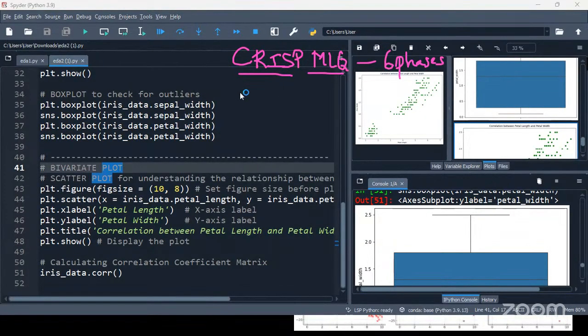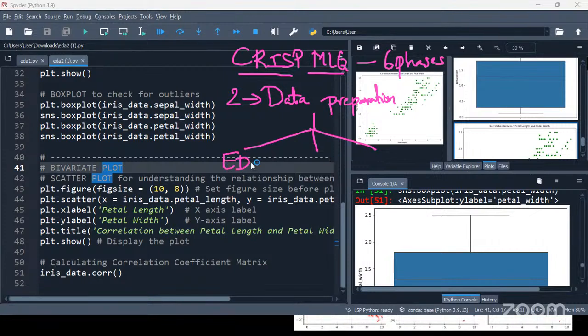As part of phase 2, we have data preparation. Within this data preparation, there are 3 subphases. What are the 3 subphases that we have?